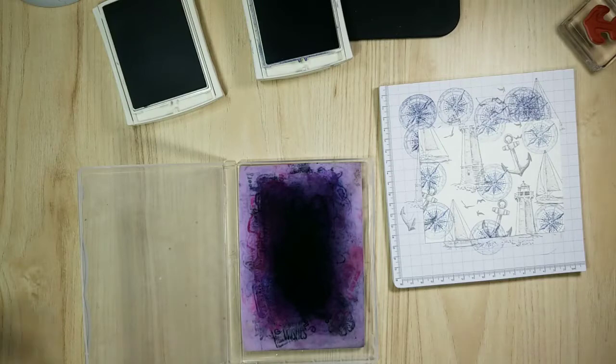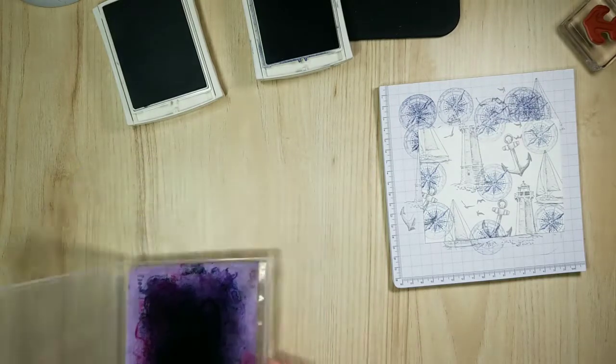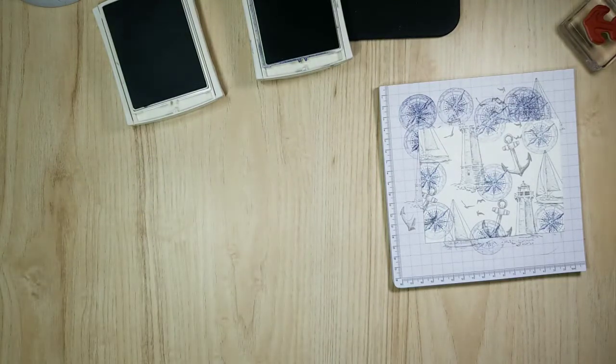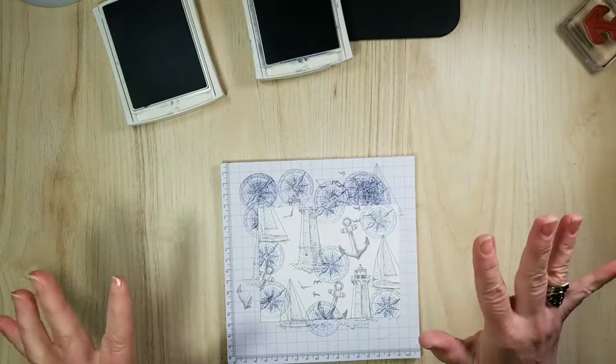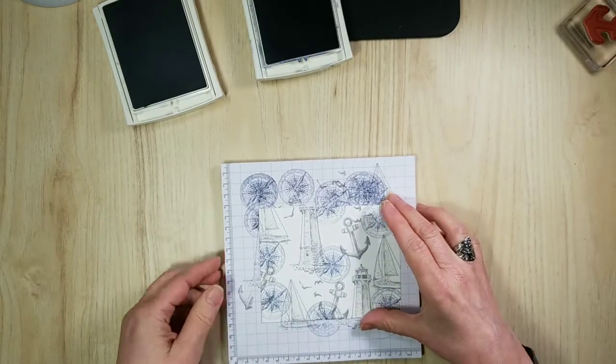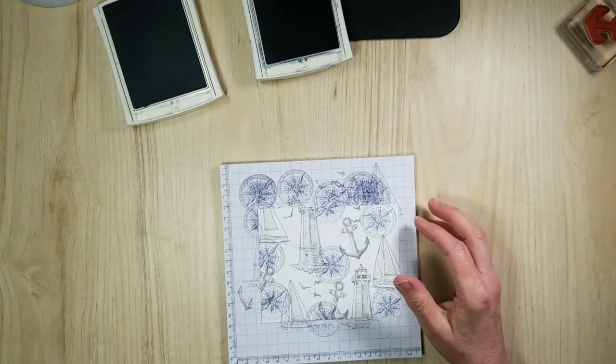So what do you think? Are you liking the detail in these stamps as much as me, or is it just me? Gasp. Let it not be just me. Alrighty. So to keep things moving, what I did is